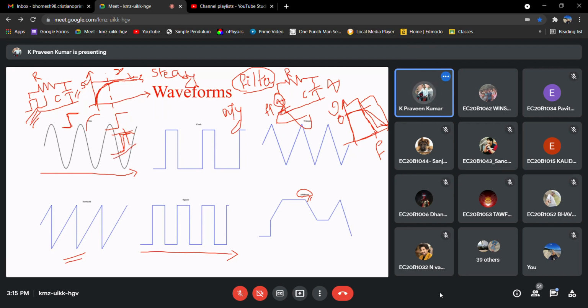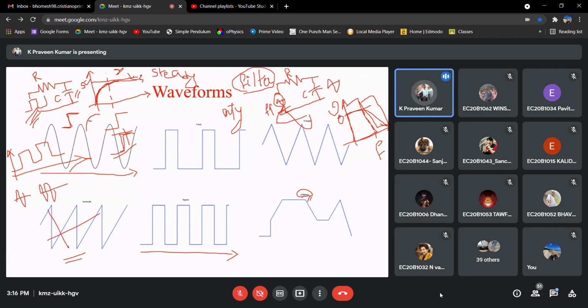And one more thing, maybe you know this from your signals and systems. If you approximate this square or rectangular pulse, it can be divided into a number of sine and cosine signals.